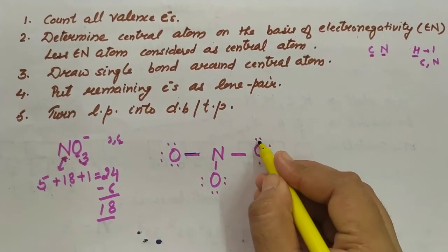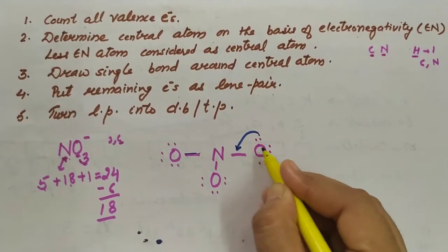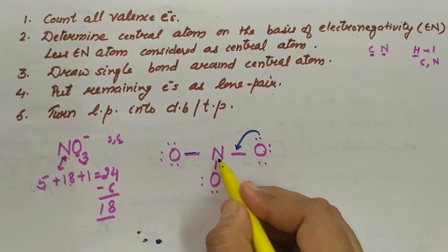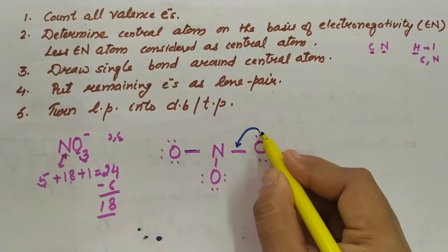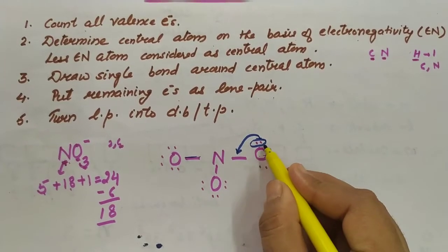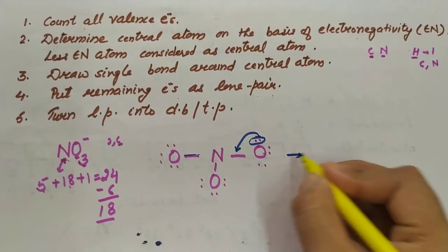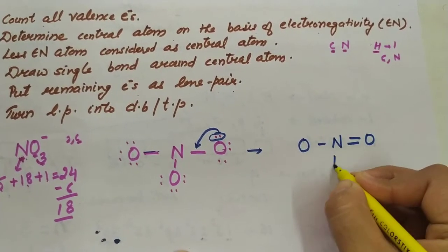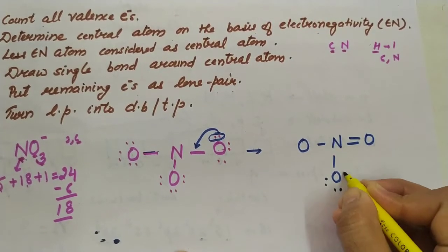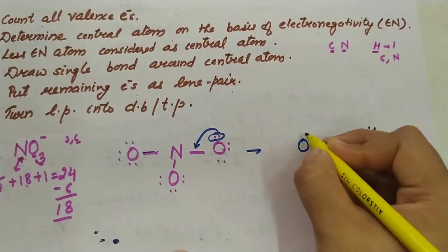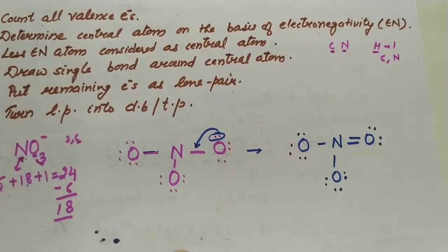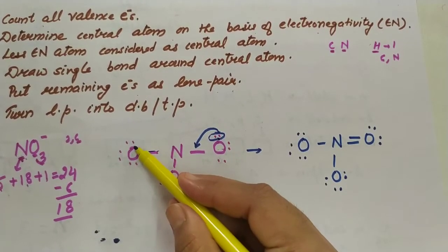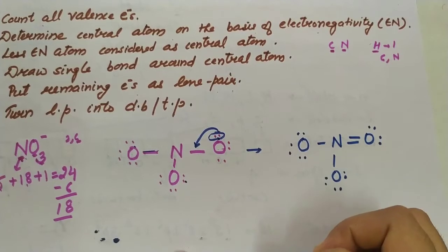This is the last step we have to follow. If these 2 electrons are shifted over there, then they remain shared by oxygen as well as nitrogen. By doing this, it completes the octet of nitrogen. So replace this lone pair of electrons with a double bond. It can be written like this: oxygen, nitrogen, double bond oxygen, with 2, 4, 6 electrons on each. Now this lone pair can be shifted, this can be shifted, this can be shifted. So it is a resonating structure.